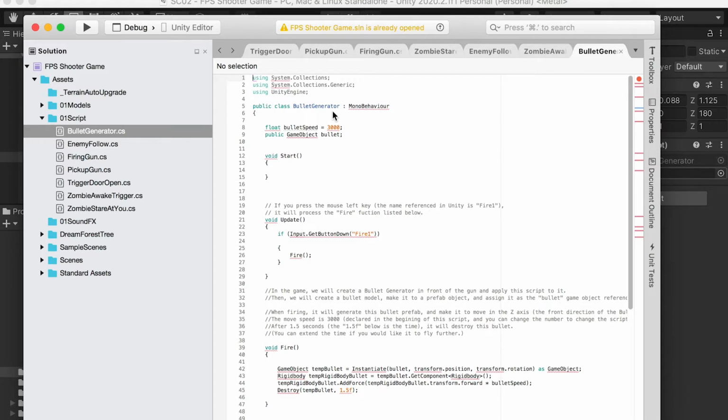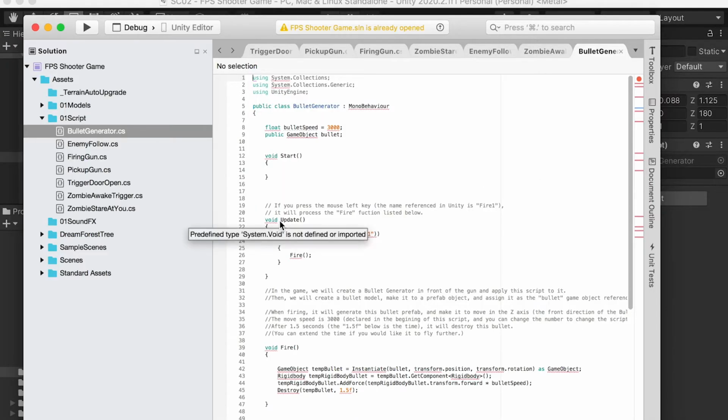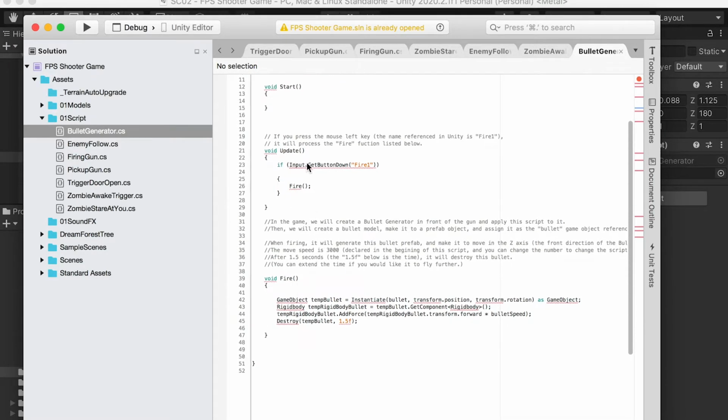And here's the bullet generator script. In the beginning, we declare a number, 3000, which we reference as the bullet speed in this script. You can increase this number if you want the bullet to travel faster. And we also declare a game object, the bullet object, which is the bullet we assigned here in the script. So as we press down a button, which is Fire1, which is the mouse left key